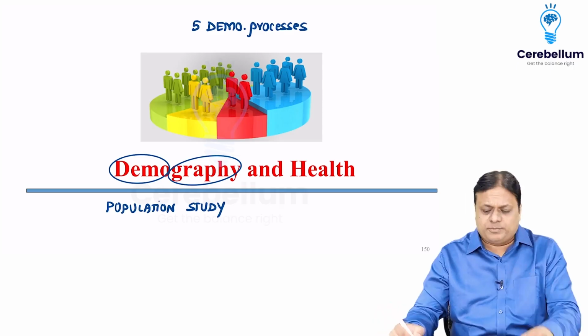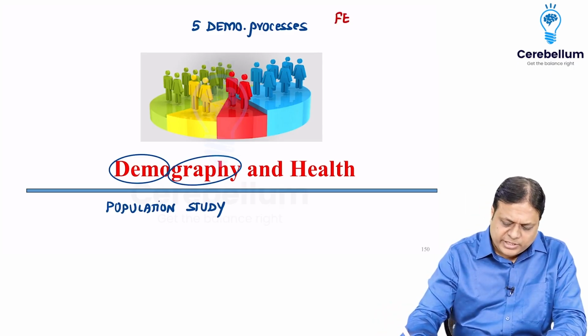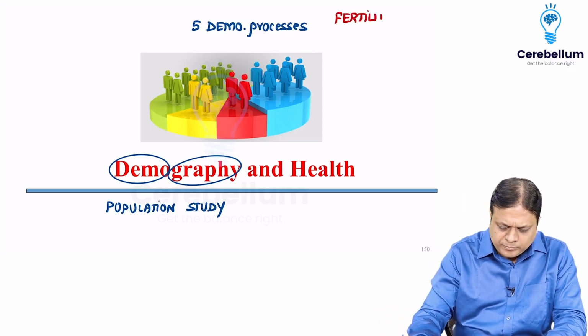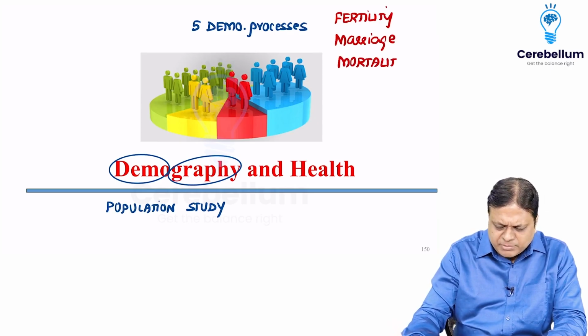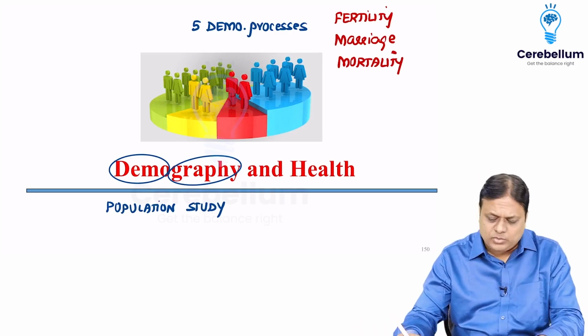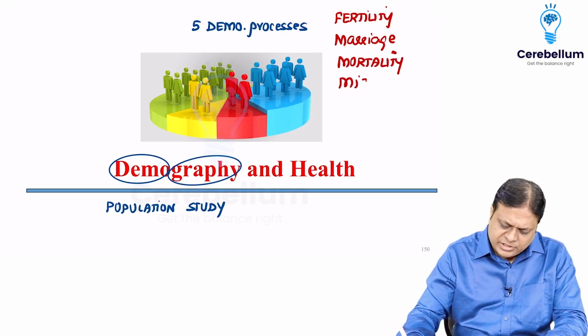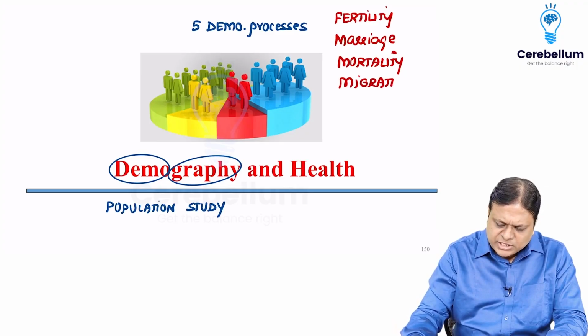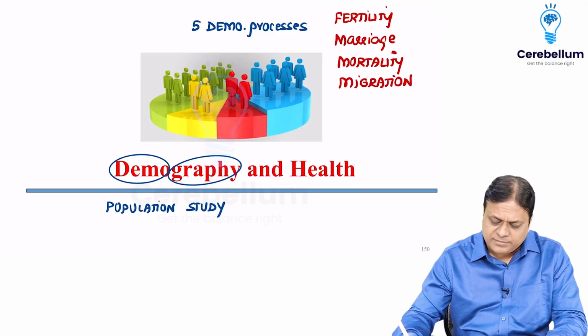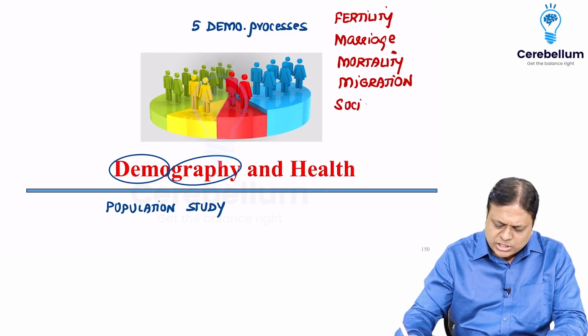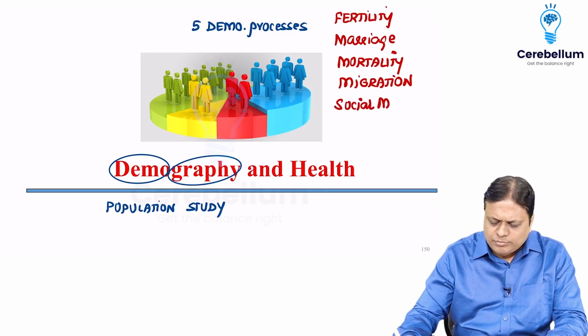These 5 demographic processes are fertility, marriage, mortality. Please remember morbidity is not included. Then migration, which is physical, geographical from one place to another, and social mobility, movement of a person across social